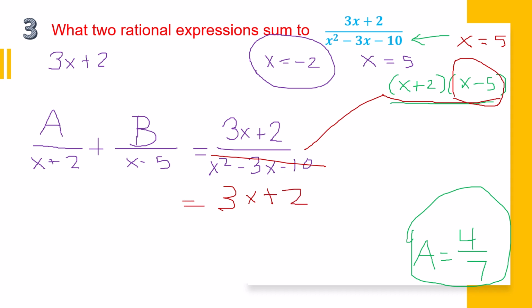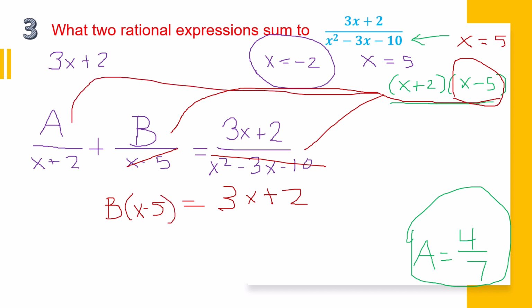Move over to the left, take the x plus 2 times the x minus 5. The x minus 5 will cancel out, and we have b times x minus 5. We're repeating what we did earlier to simplify this before we start. All right, multiply here, and the x plus 2 cancels, and we're left with the x minus 5. So we have a times x minus 5